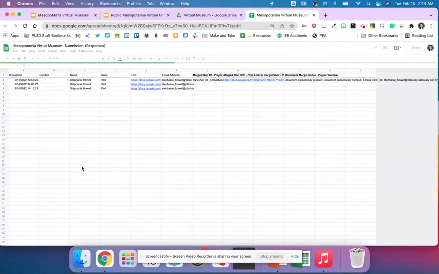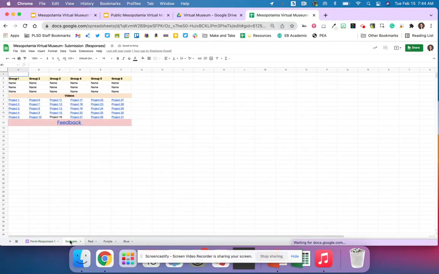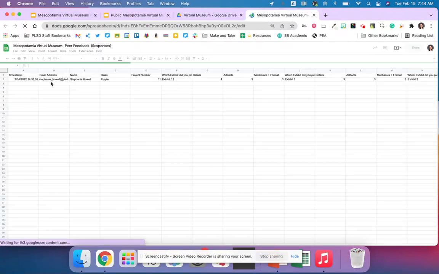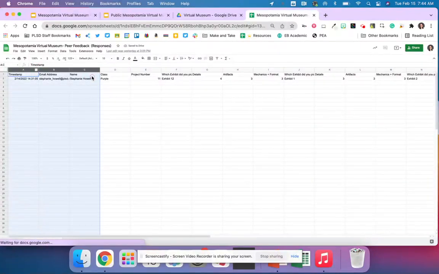So right here is my peer feedback. And what I'm going to do is I'm going to take all of their, oh, that's not the peer feedback. This one is. I'm going to have my students, I'm going to hide these rows because my students don't need